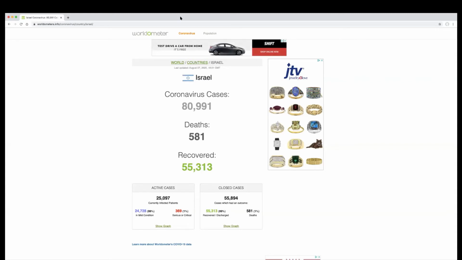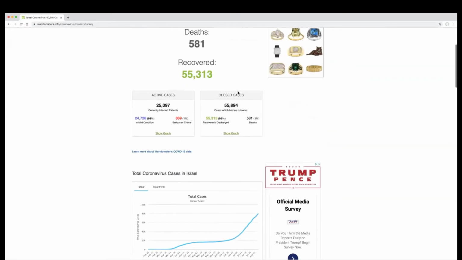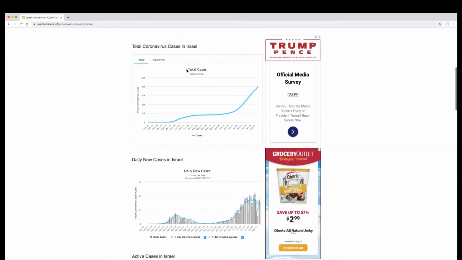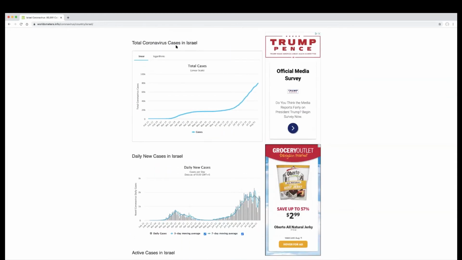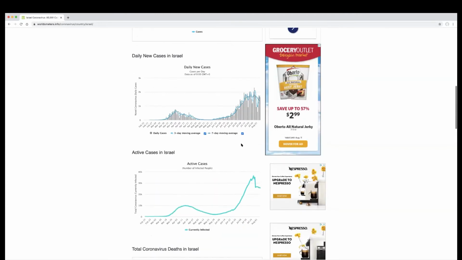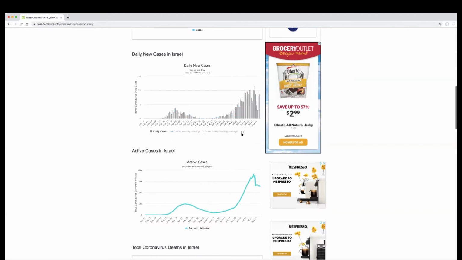A number of websites exist. Here's one, which is the worldometer.info website. And we're looking at the coronavirus country page where Israel data has been depicted. If we look at this particular website, we'll see that there are a number of plots. Here's total coronavirus cases. Here are the daily new cases in Israel, and you can either have the raw data,